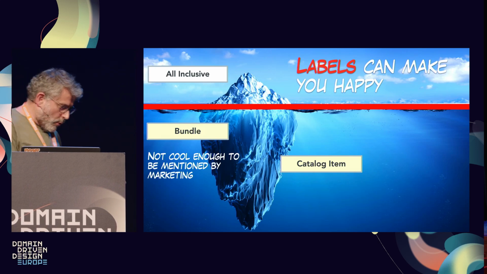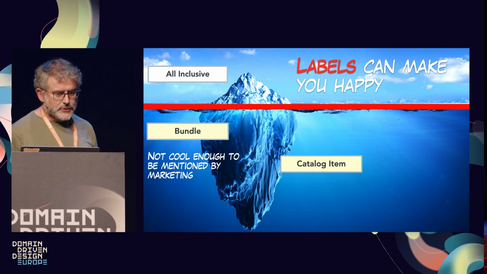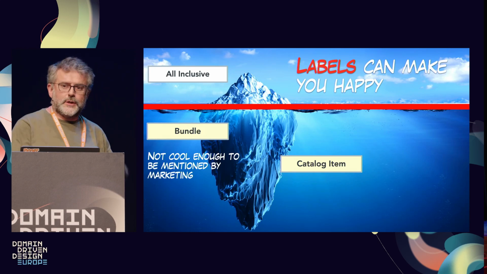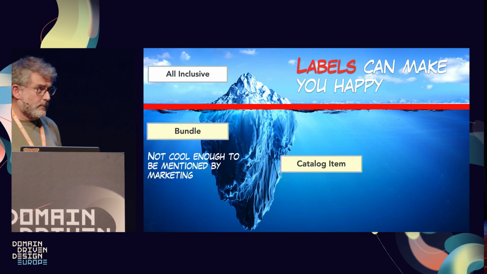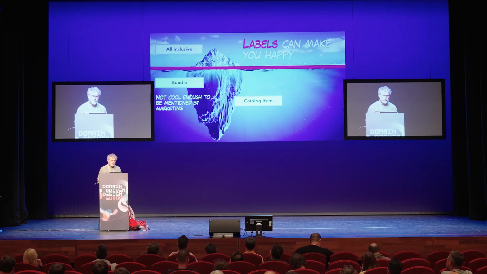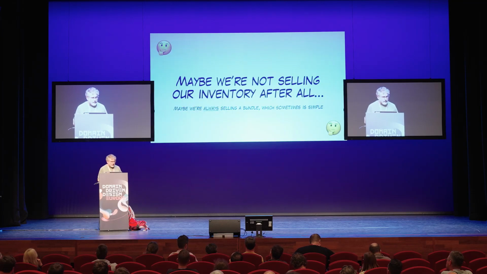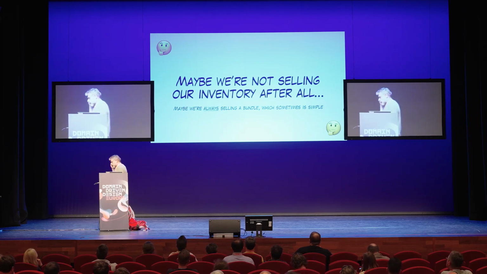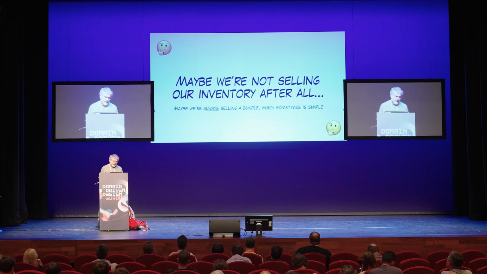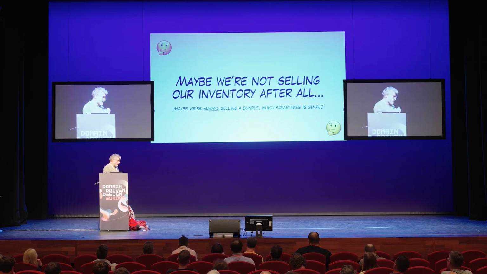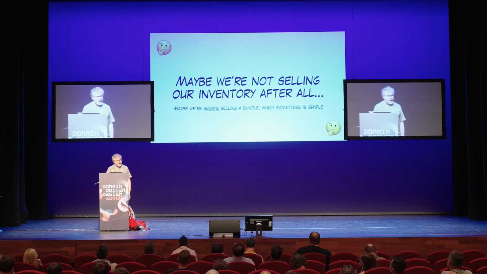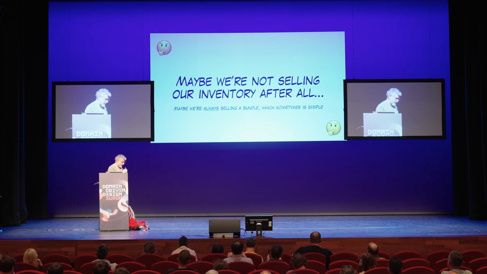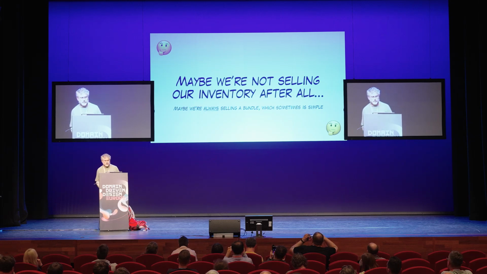It was getting worse over the years because some of the experts changed and the new expert started reteaching us the story, even if we already knew that the story was going in the other direction. Another idea that we thought about was maybe we're not straightly selling our inventory. It's not like most of the time we are selling the primary item, and in some cases we're selling ancillary services. But it might have been like we're always selling a bundle. Sometimes this bundle is simple.